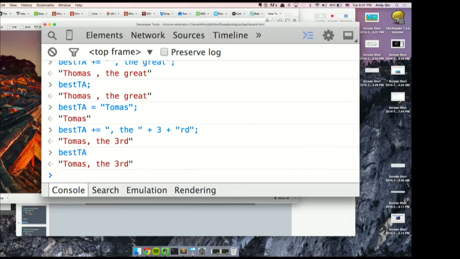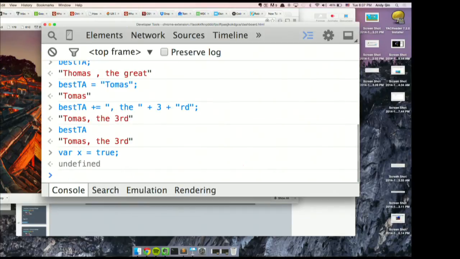That's bad style. Okay. So generally, when you have a plus operator between a string and a number, we're actually going to convert the number into a string, and then just do a regular string concatenation to join the strings together. And the exact same thing is true for booleans. So let's say that I define a boolean var x equals true, and booleans are again just things that can hold two values, true or false. And so if I concatenate that with bestTA, then what do you guys think will happen?